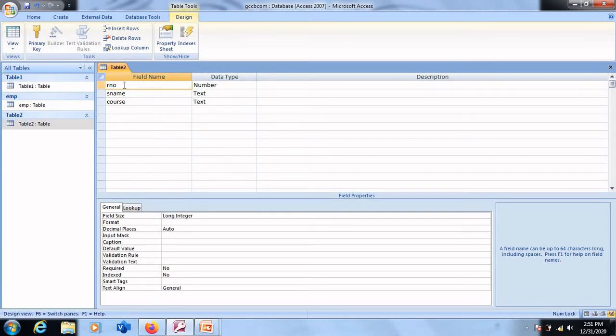Similarly, for fields like roll number, you can have a property like validation rule, and the rule can be that the user should not enter any roll number which is less than 0. By mistake, roll number should not be entered in negatives. So we have such properties with each of these data types.